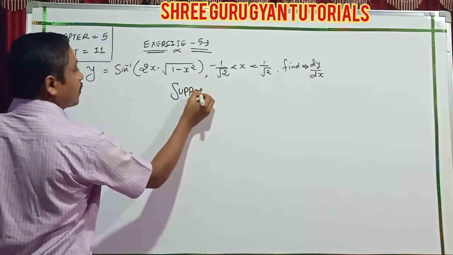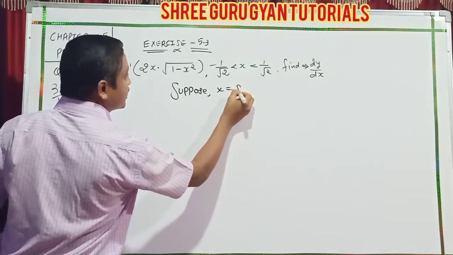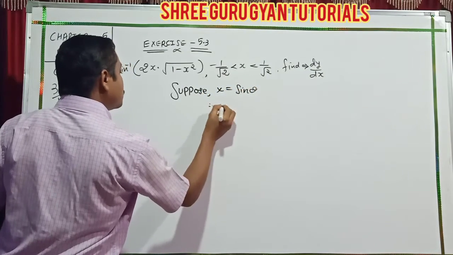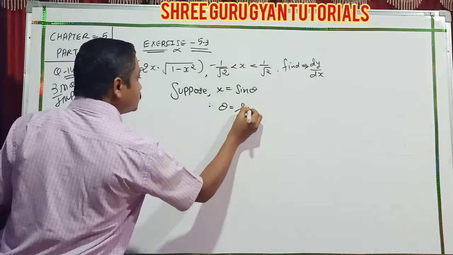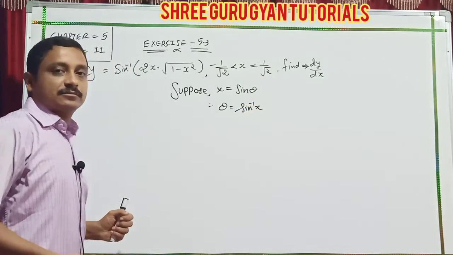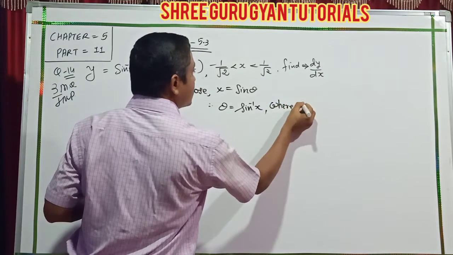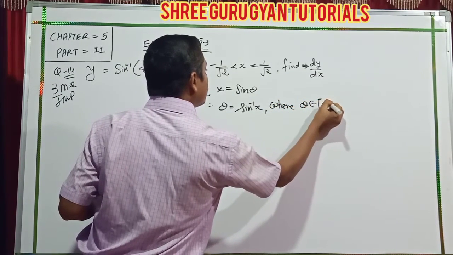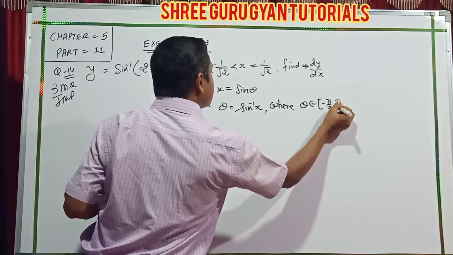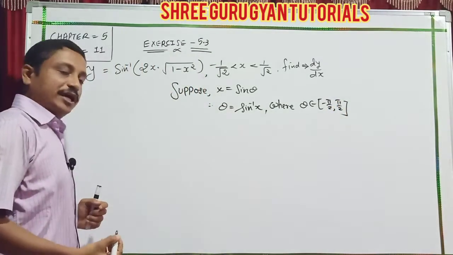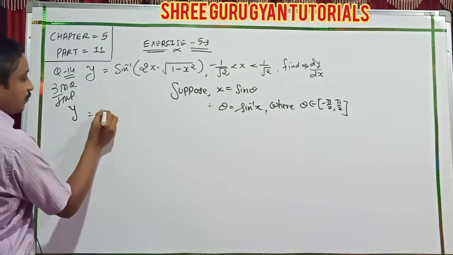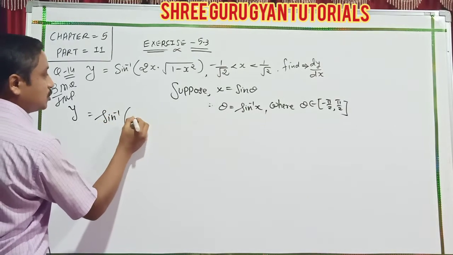Suppose x is equal to sin theta. Theta is equal to sin inverse x, where theta belongs to our range, minus 90 to 90. So y is equal to sin inverse of 2 sin theta,